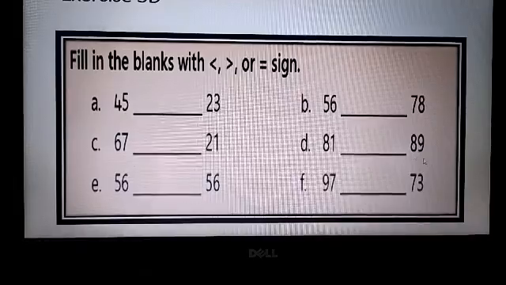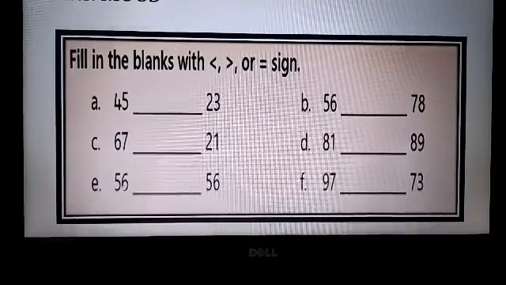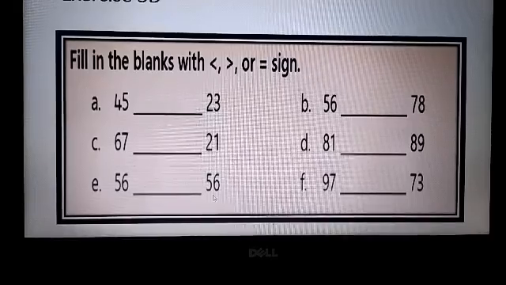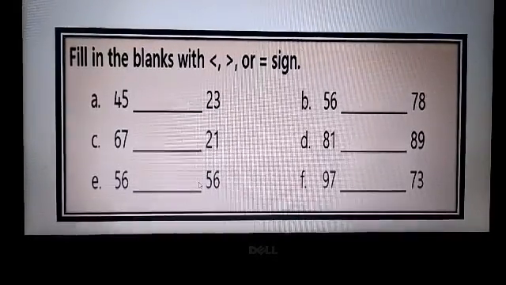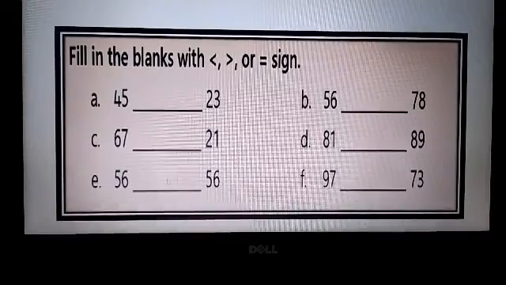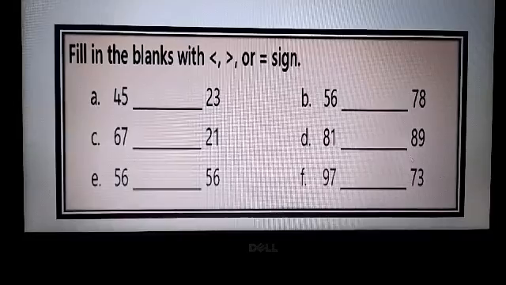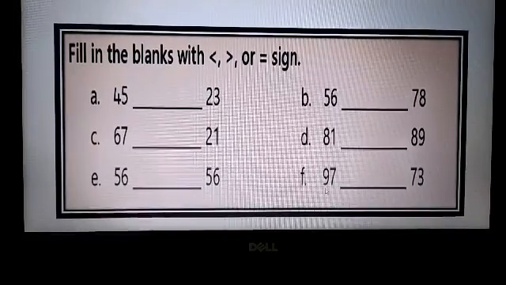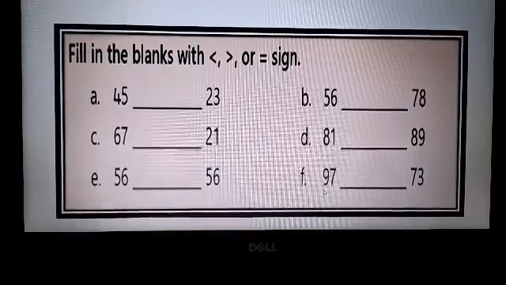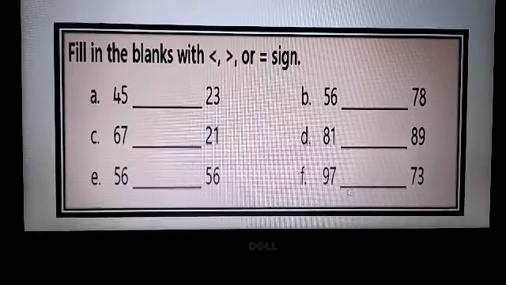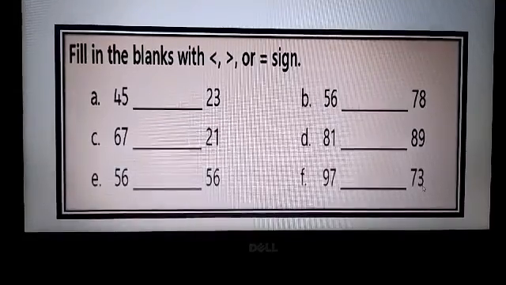So, the crocodile is going to eat the number 89. Next, 56 and 56. Now, both the numbers are same. Is Creow going to eat any number? No. So, here you will have equal to sign. Next, 97 and 73. Now, see the numbers on the tens place. 9 and 7. So, you have 9. Yes, 9 is greater. So, your number 97 is greater than number 73.